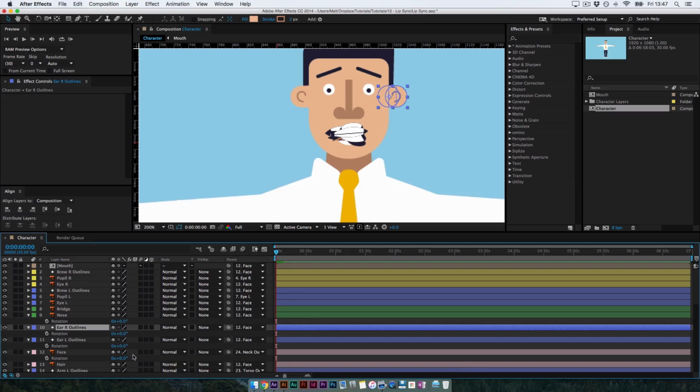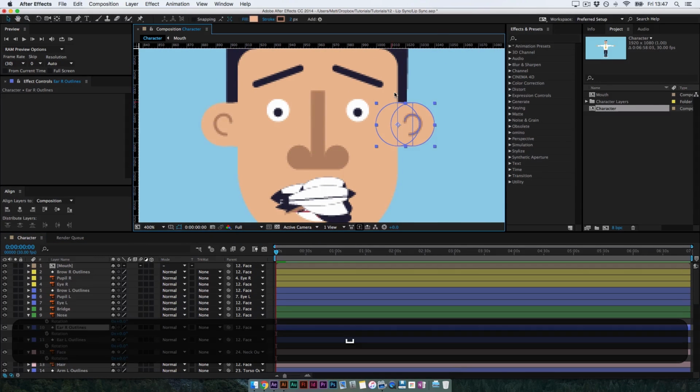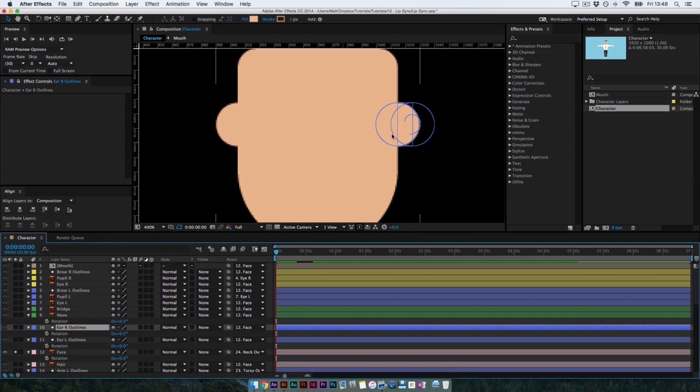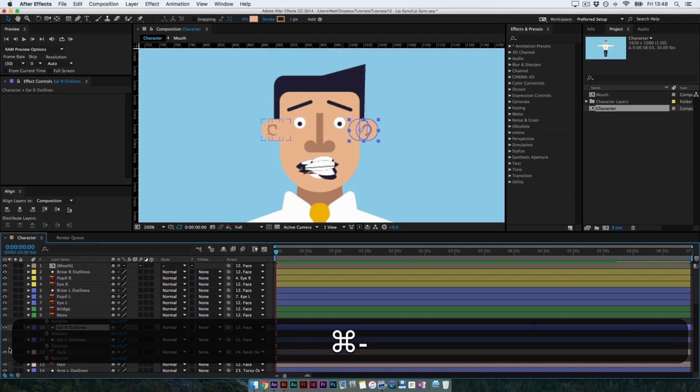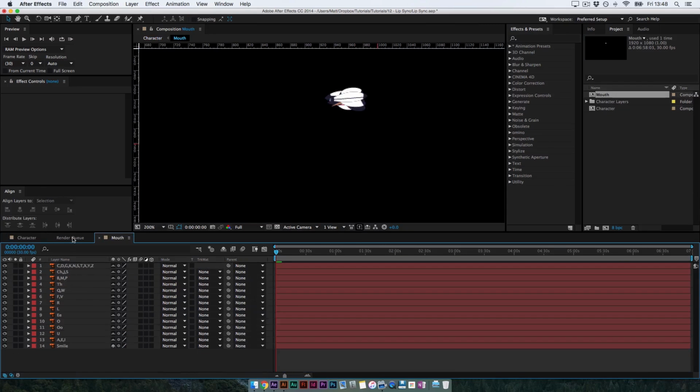I've also done these little, basically, ears, so we can control ear movement slightly. That was dead simple. I've basically just got a circle here which is linked to the face. So if I solo the face, you'll see that the circles are perfectly aligned. So if I turn one ear on solo as well, now when we rotate, we can just get a bit of ear wiggle. Could be handy for if he ever did a jump and then bounce to the floor or something like that, but it's not important for this video. But that's how I've rigged the ears anyway. Right, first of all let's get started on this